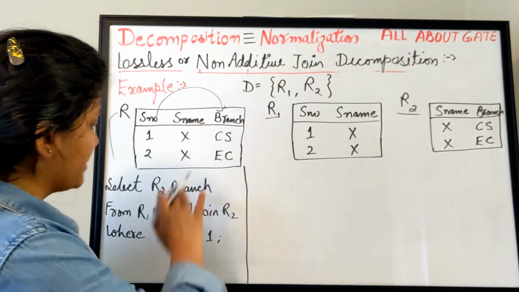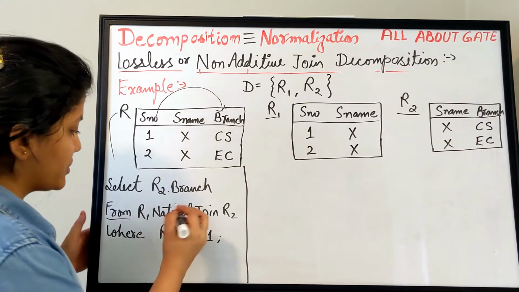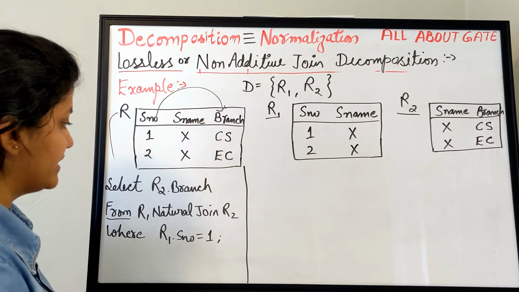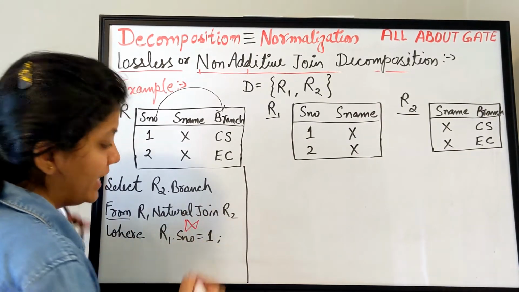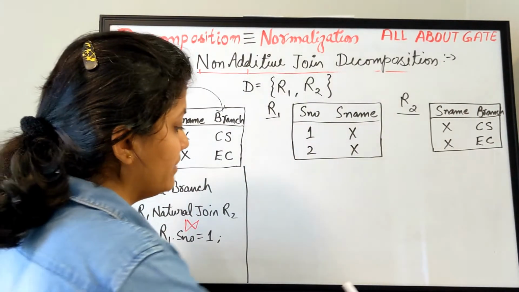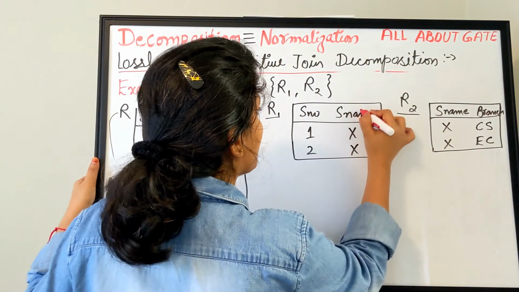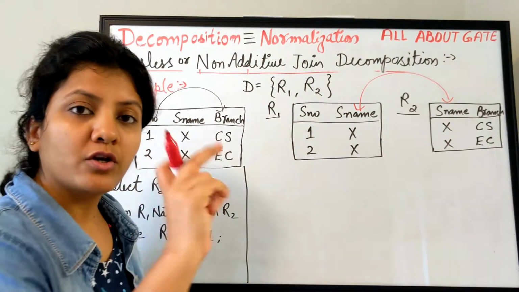To run this query, first of all we are going to do the natural join operation. That means we are going to perform the join between the two, which we reflected in the previous slide with this symbol. So this symbol is going to get executed. What does it do? Now you look at here, everyone. For performing the join operation, you have to look at the common attribute. So what is the common attribute between the two? S name.